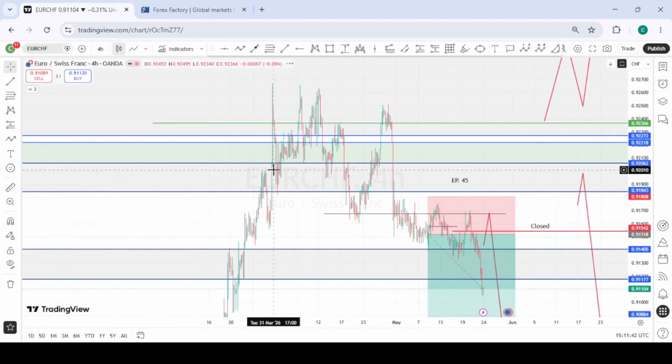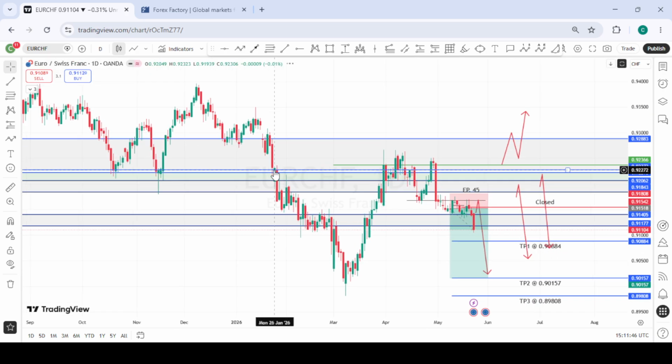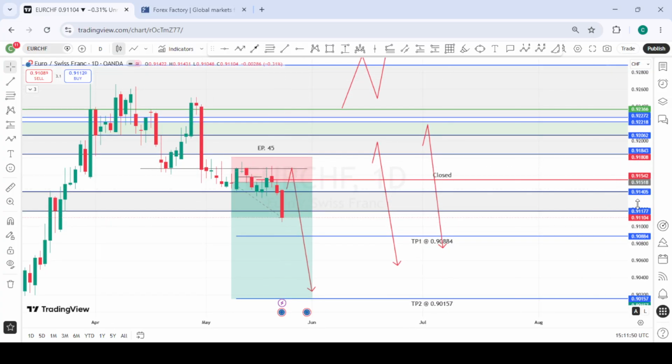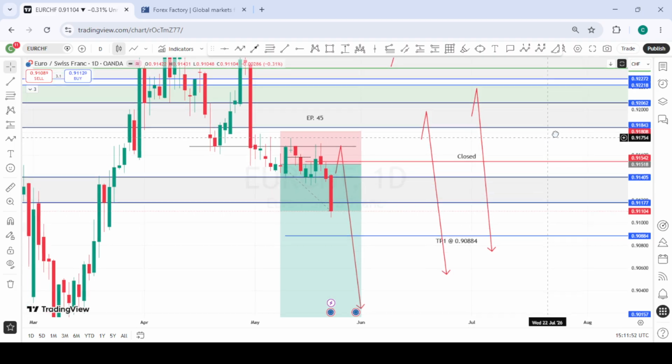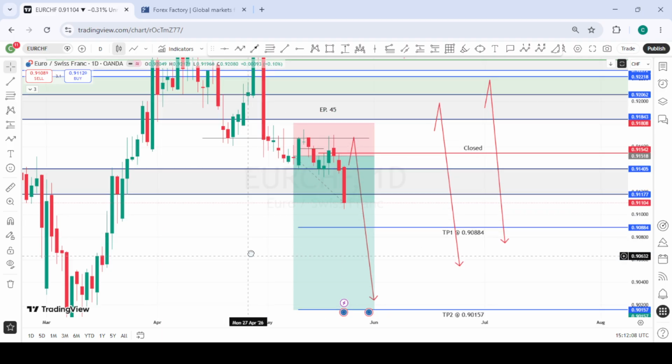This is EURCAD. This was a very terrible mistake. We actually exited this position out of, let's say, fear. So I think when the market opened, it started retracing. I think there was a crazy move on, is it CADCHF? Yes, we took a loss on CADCHF, and that is what influenced us to close this position prematurely around this area in a small loss, and then later on, price just kept moving as we anticipated.